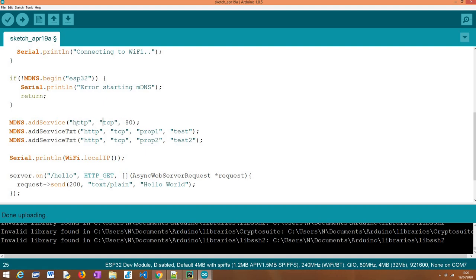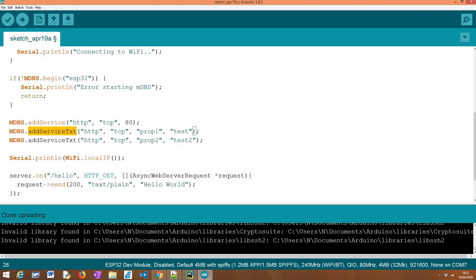So this is not important for the Arduino side, because as I've said, this will be appended for us if we don't do it. But when we are looking for this service type, just as a heads up, these two values here will represent the service type. When we are looking for it, we need to include the underscores, and even the Python library that we are going to use will throw an error if we don't include the underscore pre-appended to these two names, because it's a requirement from the protocol. So keep this note for when we are going to analyze the Python code.